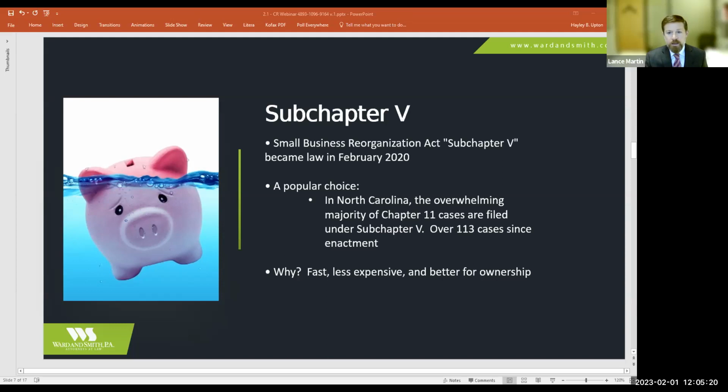Just a couple of quick stats. Under a traditional Chapter 11 case, 3 out of 4 fail, so there's about a 25% success rate. And the typical Chapter 11 case lasts over a year, usually around 16 to 18 months. By contrast,